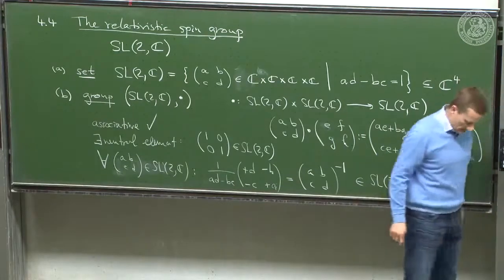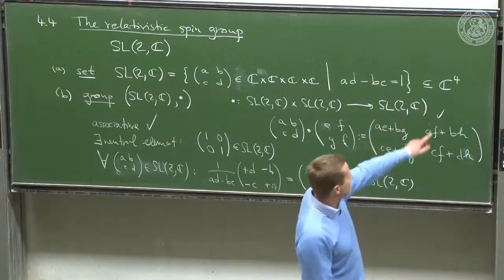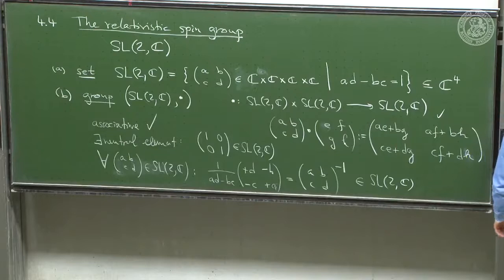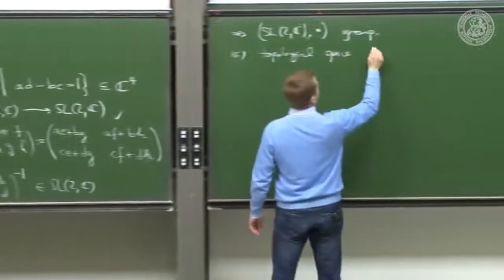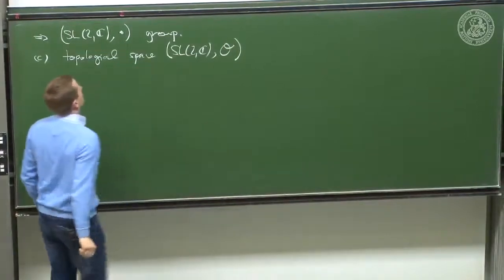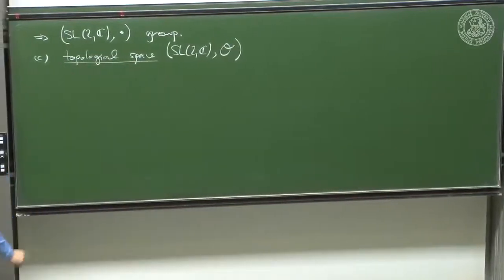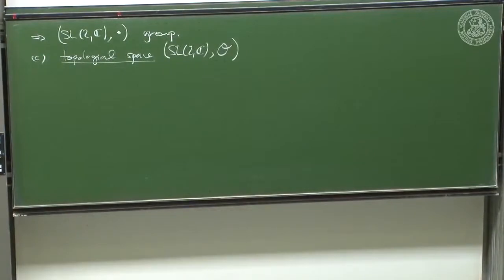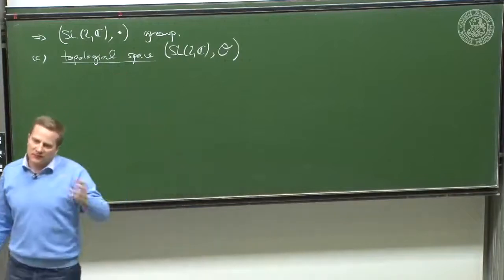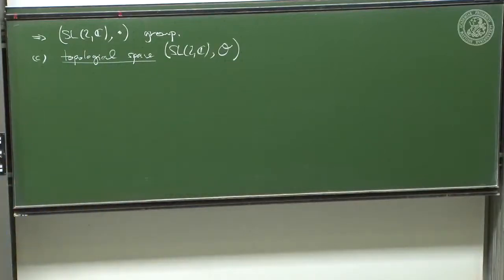I want to think about this group now, about the set that underlies the group, as a topological space. So let's think about the topological space SL2C. Well, that's the set, so we need to equip it with some topology before anything else. So how do we do this? Well, we will always avoid constructing this explicitly. If possible, we inherit a topology from a space we know. C4 doesn't look so bad,